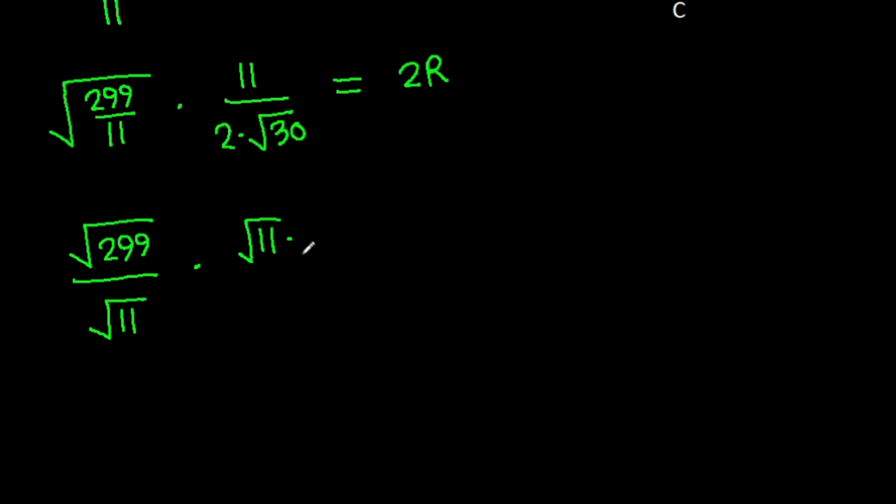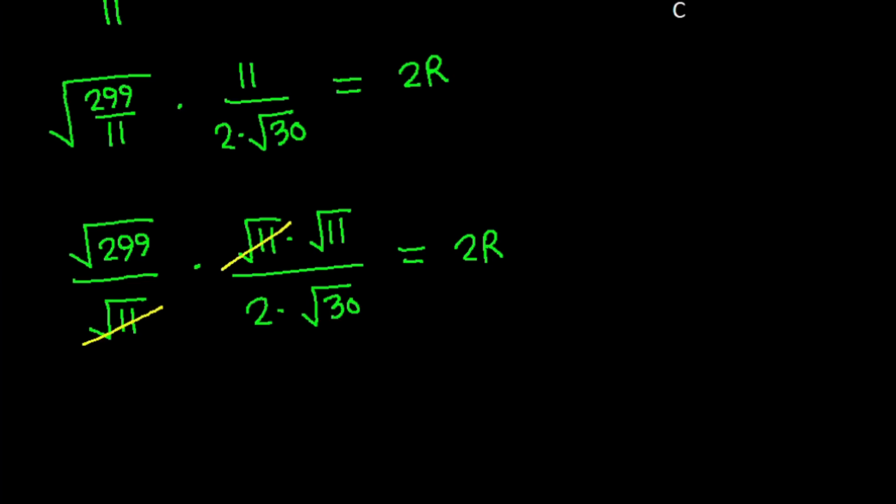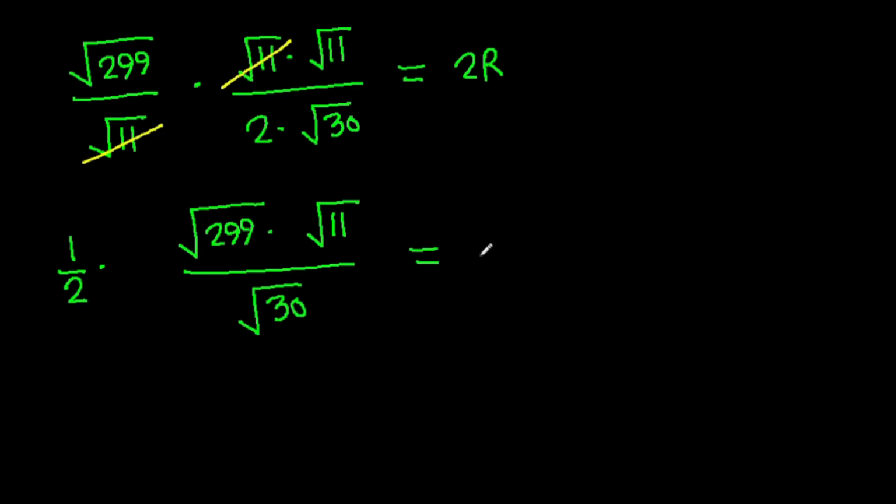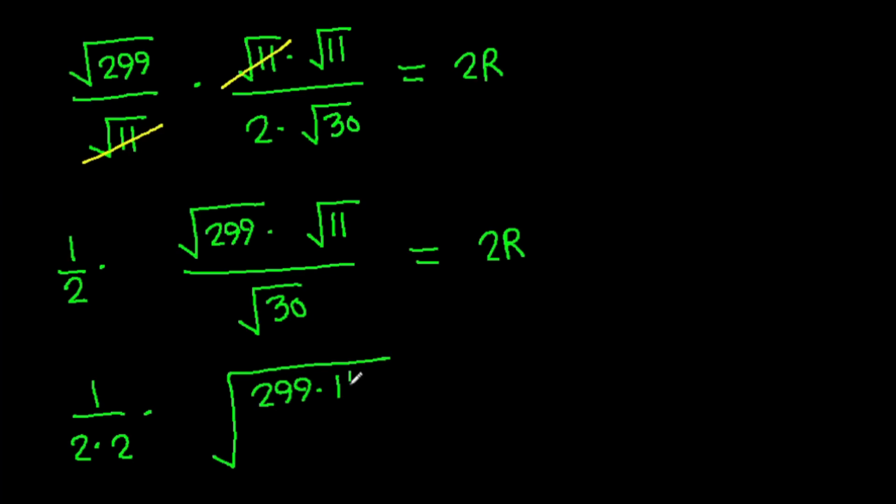It is root 11 times root 11 over 2 times root 30, is 2r, and root 11 will get cancelled, and it is 1 over 2 times root 299 times root 11 over root 30, is equal to 2r, and 1 over 2 times 2 times root 299 times 11 over 30 will be r,